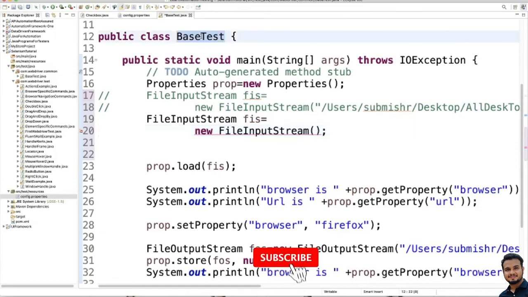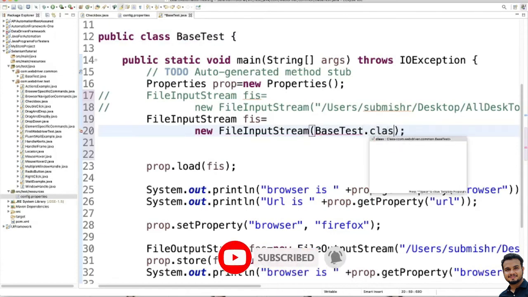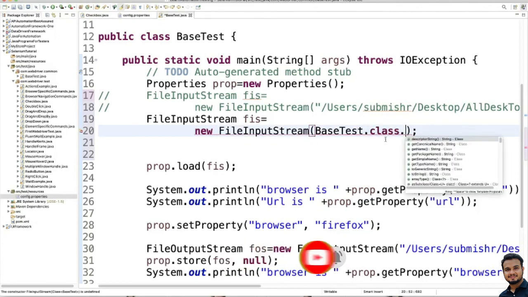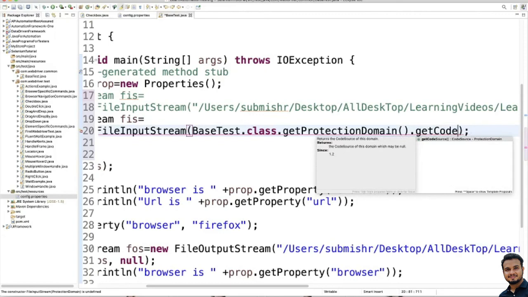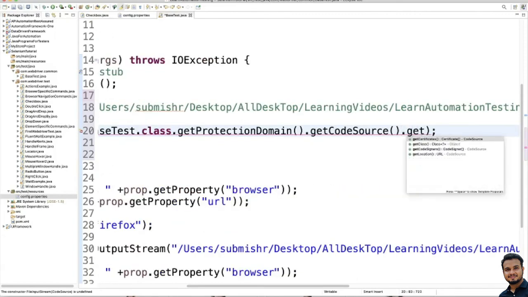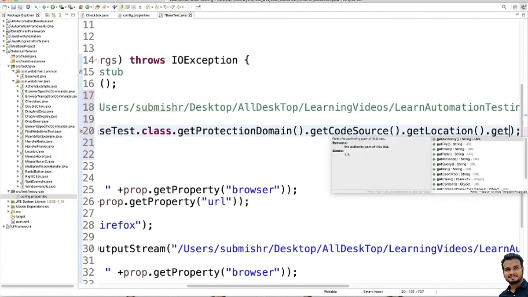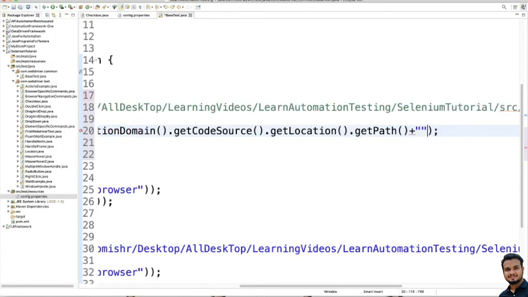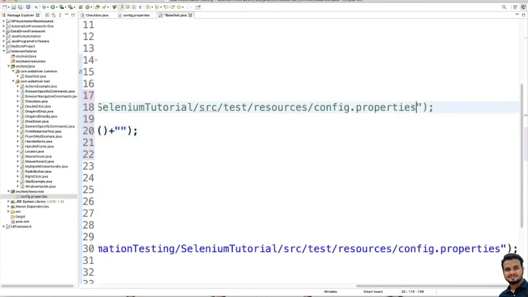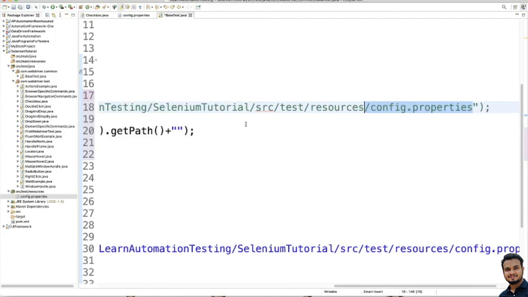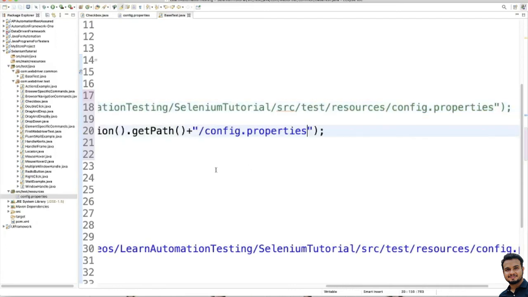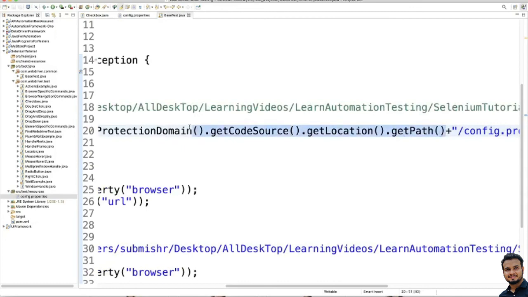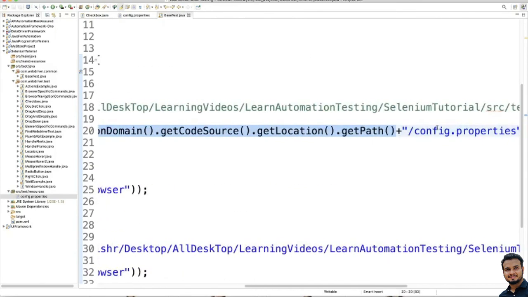We will just write BaseTest.class.getCodeSource().getLocation().getPath(). Then you can write plus and give the file, config.property. Basically, it will find your base location and then your config.property.